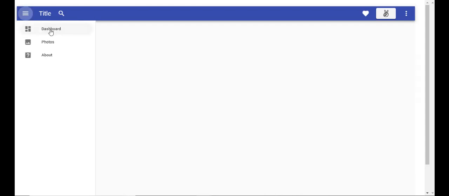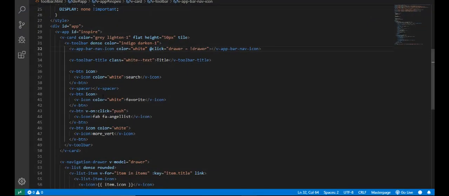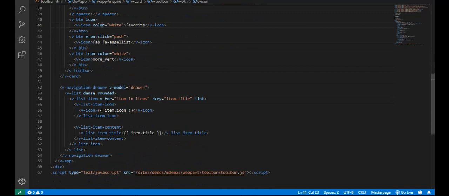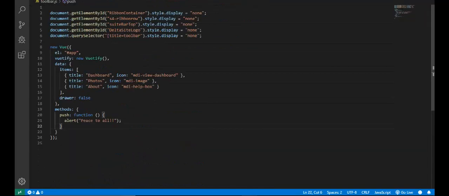So now we have these different icons in here. That's coming from, as I mentioned earlier, I'm just going to say it again, the items in here. So you can put your items in here, or you can have it coming from a list, a SharePoint list, however you want. Dashboard, photos, about, and you can change these. So let's say, maybe admins, and then I can have an admin icon or whatever. So if I save,